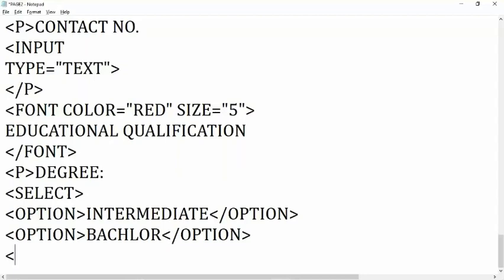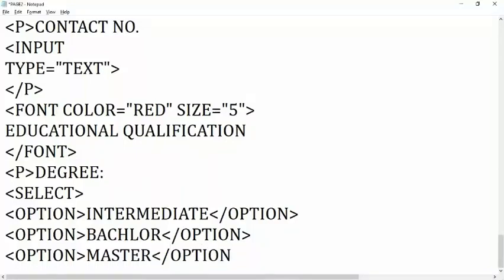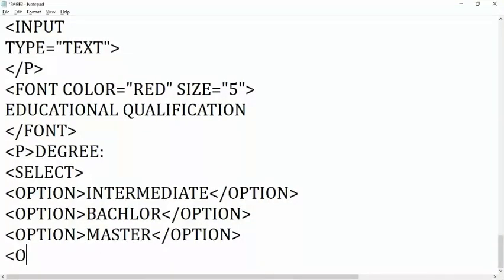Now again I want to write option. How many options do you want? Suppose here I want to write master, then close the option tag again. Suppose you want again option, if you want to write PhD, then write PhD and close option.